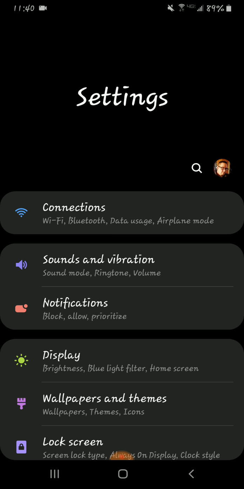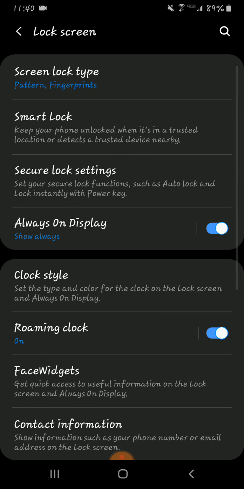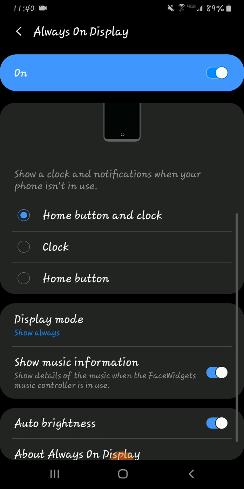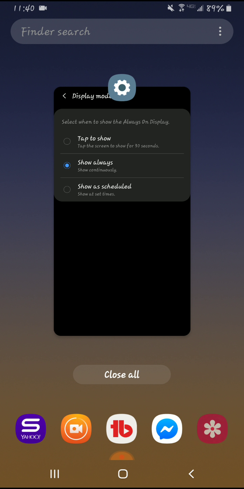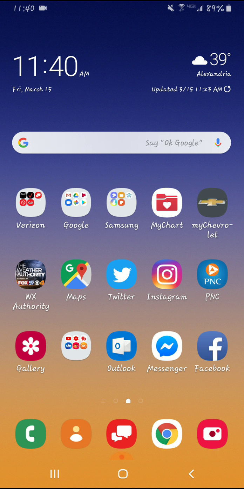So I'll just go once again: settings, lock screen, go down to where you see always on display. You don't have to click the switch over here, just click over here to the left, and then scroll down, click over here left on display mode, hit show always, and it will be on. Unfortunately, I can't show you because if I go to my blank screen or my lock or front screen, it'll shut the recording off. But I hope this helps you guys,